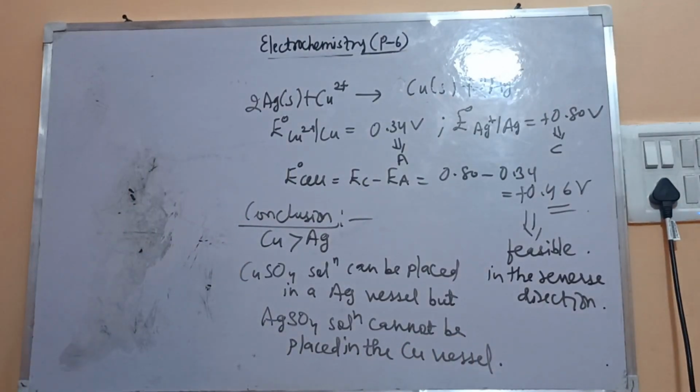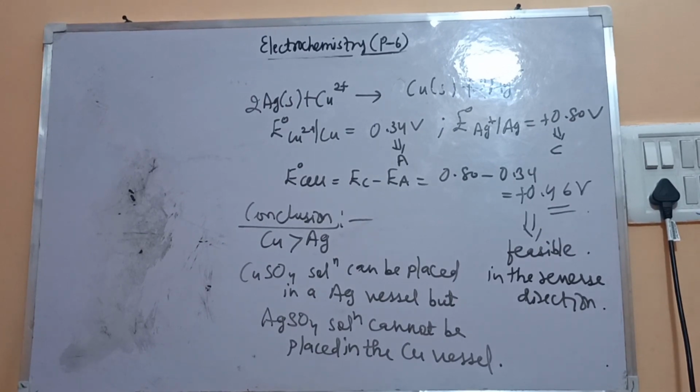You will get questions of this type, okay, in which you have to identify whether they will ask that particular solution can be placed in a pot of the particular metal or not. Okay. So in this case, copper we know that it's present below the silver in the electrochemical series. So silver here cannot lose electrons to the copper. Okay, so this redox reaction is not that feasible in the forward direction, but in the backward direction it is possible. Only copper here can lose its electrons. Okay, but here it is not that case. So that's why we can say that copper sulfate can be safely placed in the silver vessel, but silver sulfate cannot be placed in the copper vessel.